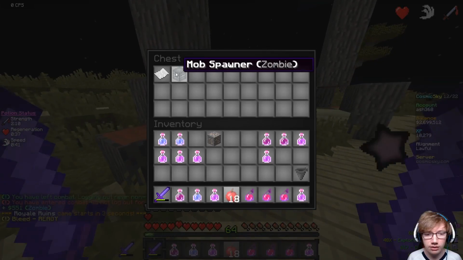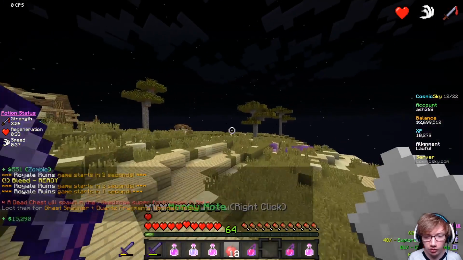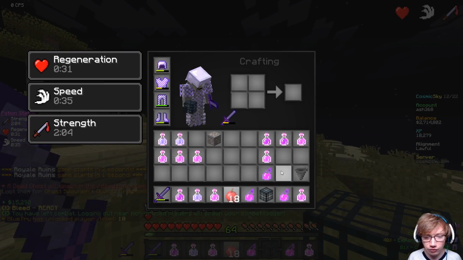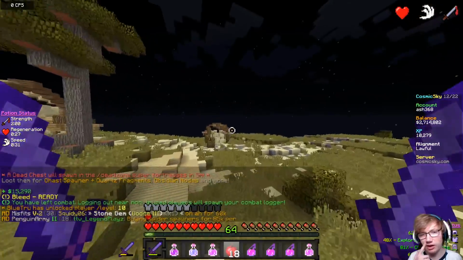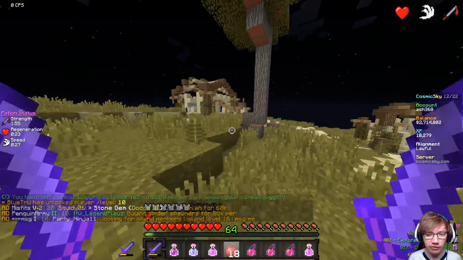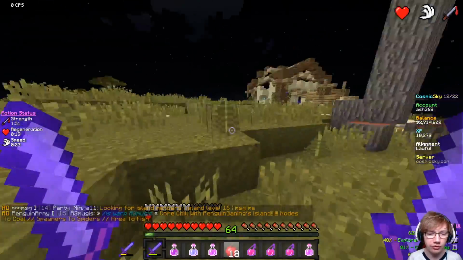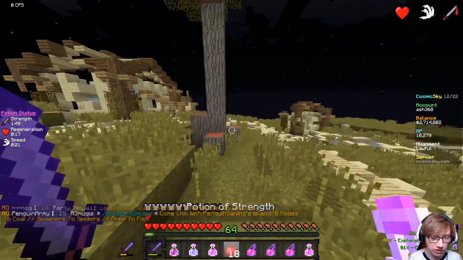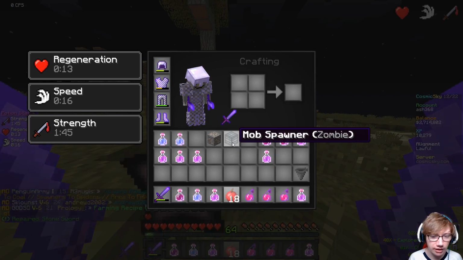So every hour... Hey, a mob spawner zombie. That's huge. I sold 9 zombie spawners for 1.6 mil earlier. That's really good, actually. Jeez. Yeah, so that's 15 minutes in here, and then it's 15 minutes times 4 for the hour. So it would cost me 140k to do an hour in here, which is a lot. But then, you know, that's paid for it already, so...